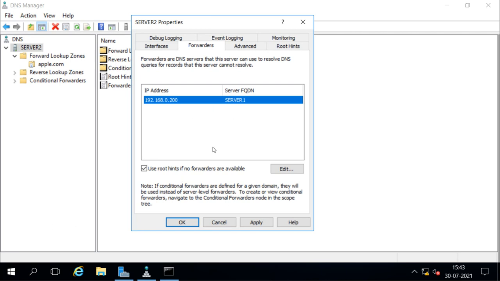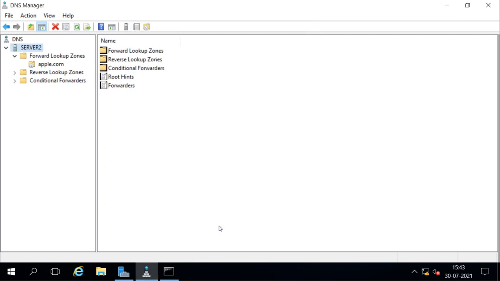If you don't want to do the whole recursive query, you can remove it, and it will only do the resolution through the forwarders, and if that fails, it will give an error. If you want to do the recursive query, we can select this also. So this is how we create forwarders for other domains.